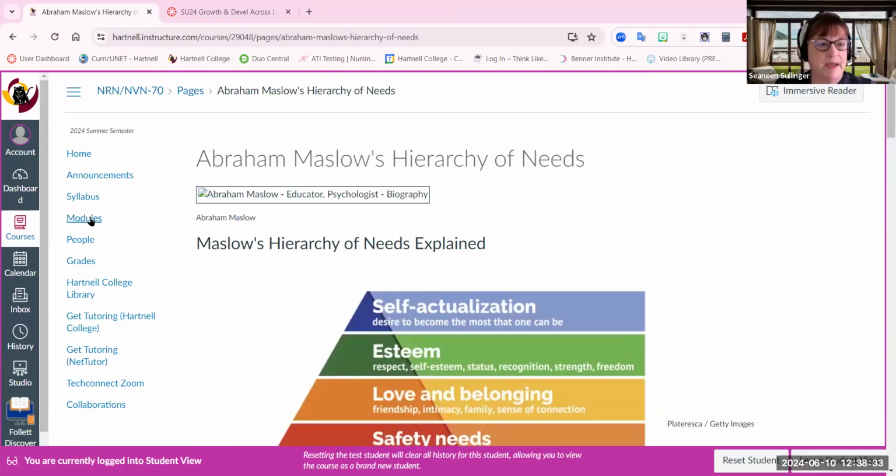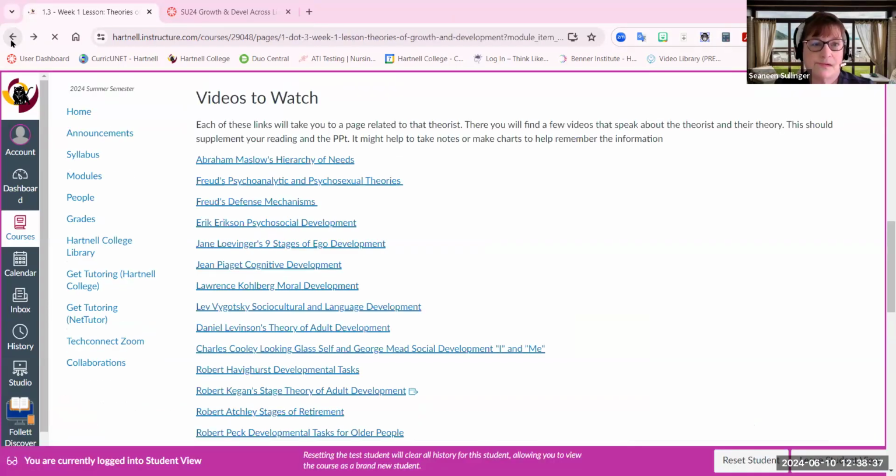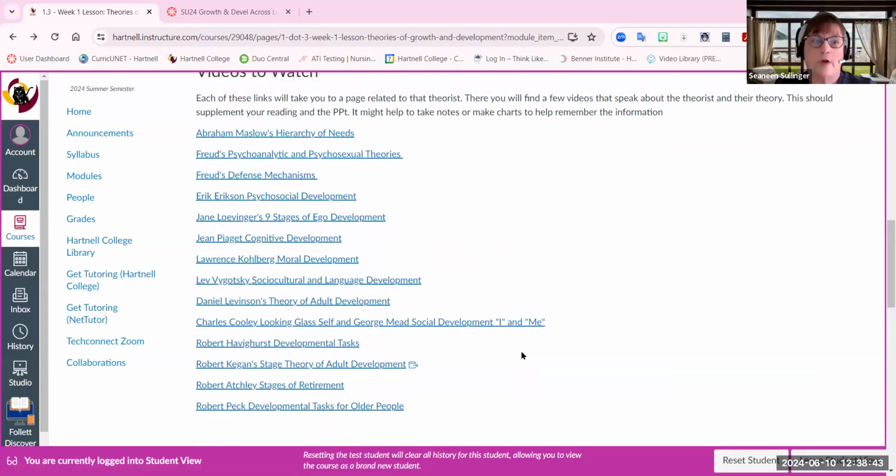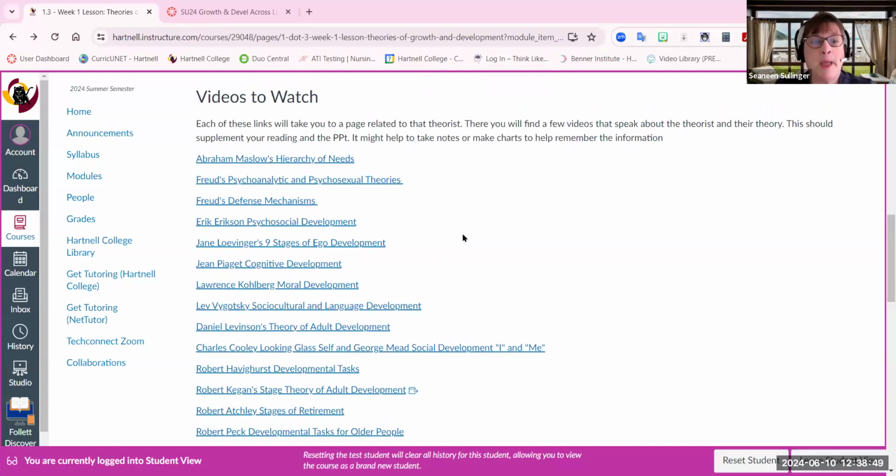We've gone through Maslow, so we can go back and go to any others of these. Now you're probably wondering, well, what do we have to know? Oh my goodness. For the quiz, in the focus areas for the quiz, you'll find that information. But the basic ones that people need to know are Maslow, and I can go back and maybe put an